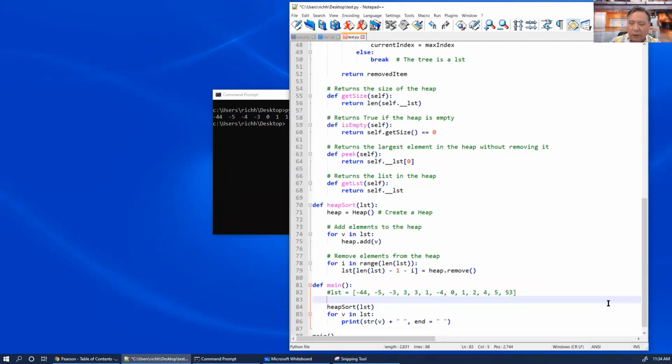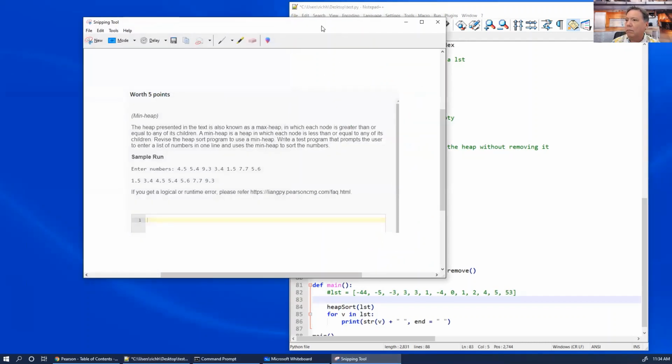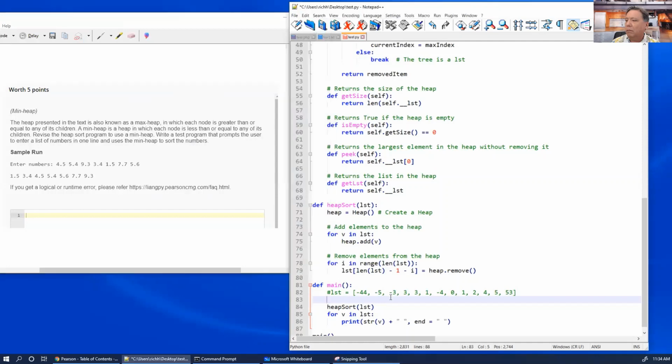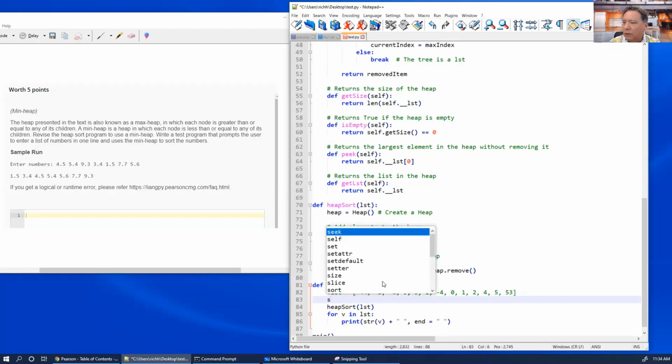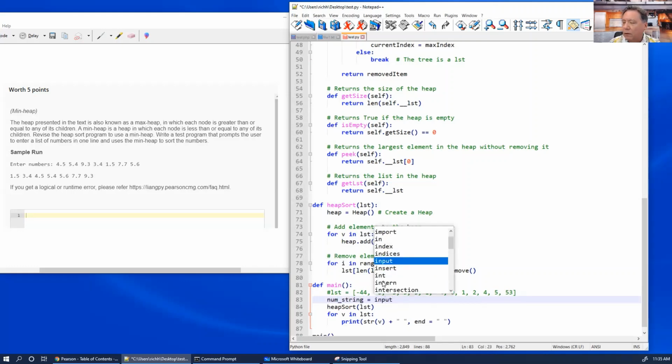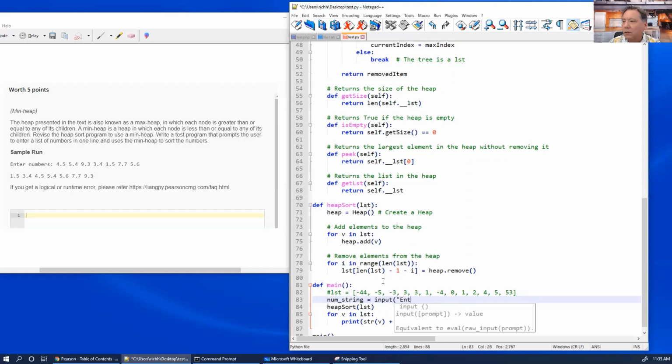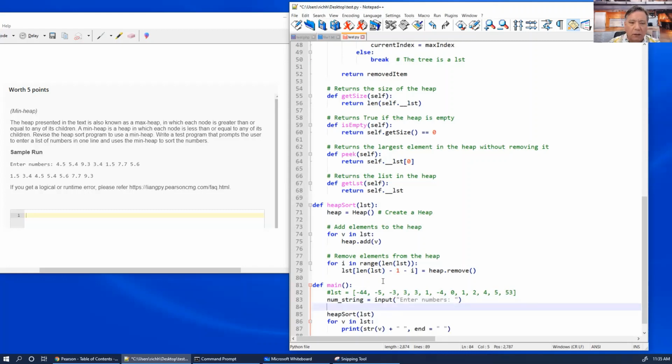So I'm going to input some numbers. Let me put this up here. Some string of numbers comes in, nums, num string equals input, enter numbers. Okay, and then I want to convert that into the list, and the list is going to be, let's see,